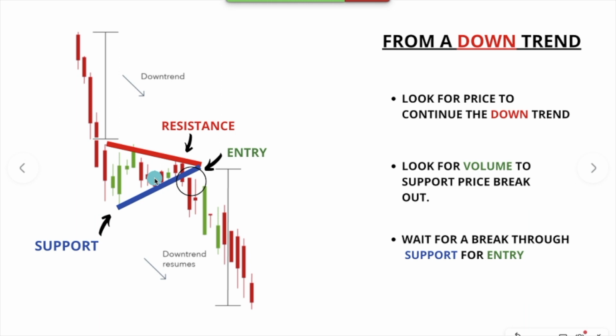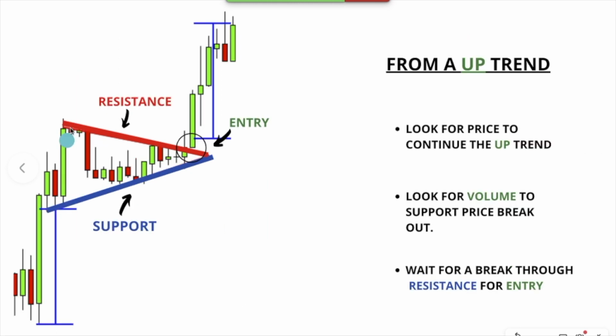Also look for volume and wait for a break of support for entry, always. Another example would be the symmetrical triangle in an uptrend, right? With the uptrend, you'll see that price breaks out to the upside, only to stop and consolidate within a symmetrical triangle before continuing to the upside,